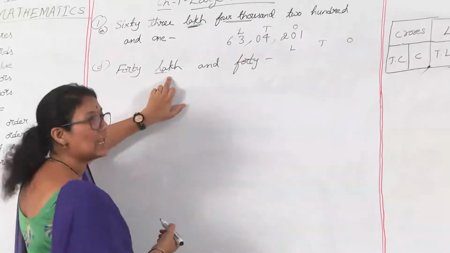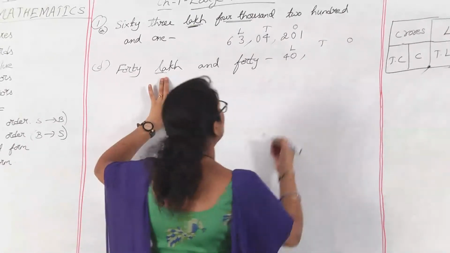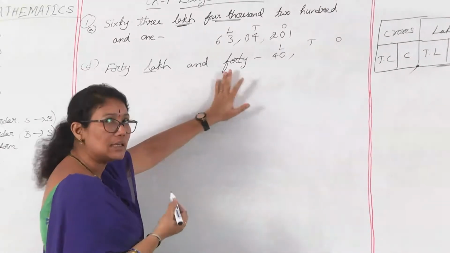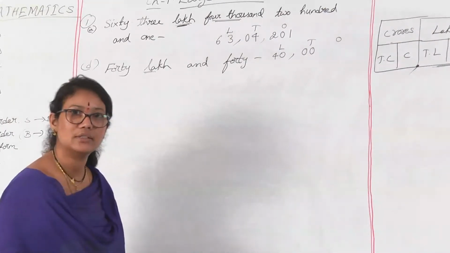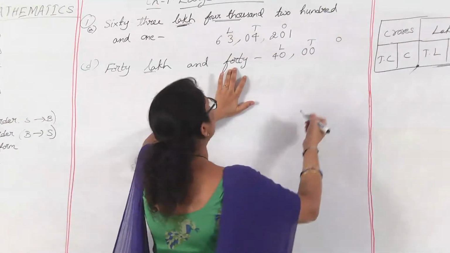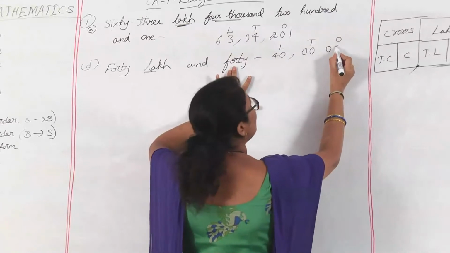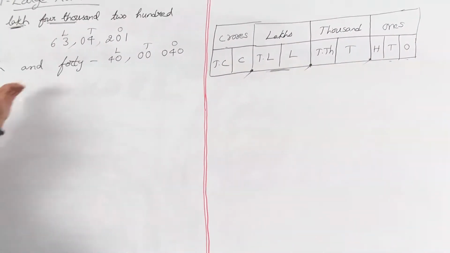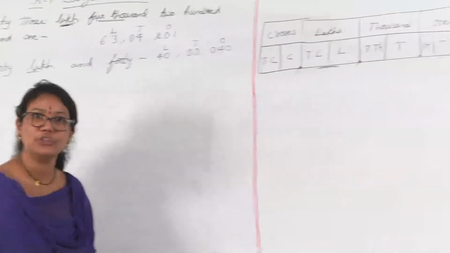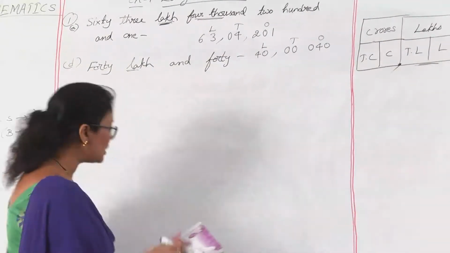Now it is given as 40 lakh. So this 40 we are going to write under lakhs period. So put a comma for this, and 40. Here thousands period is not mentioned, so the digits under thousands period are zeros. Then last it is given as 40, hundreds place is not mentioned, so we take 0, and 40 comes under ones place and tens place, these two places, right children? So better you write the periods first, so it will be easy for you to write the given in figures.